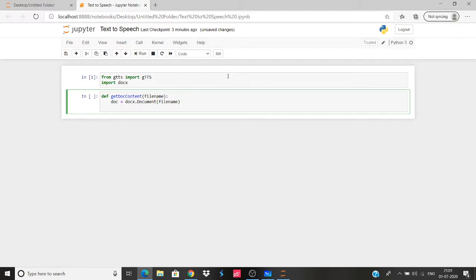The file name parameter is something I have already taught in the functions tutorial. You can go and revise it. I'll show you how we'll use this, so don't get lost.